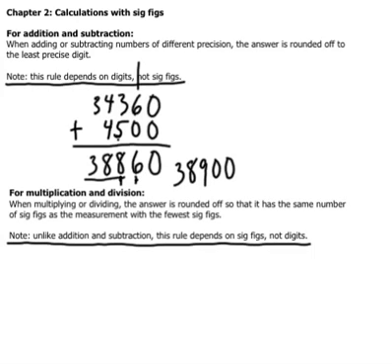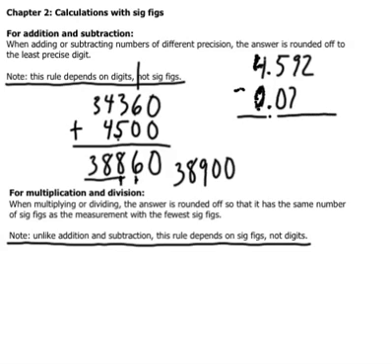For subtraction, here's one: 4.592. Again, line these up with the decimal points, and we're going to subtract minus 0.07. Okay. Now you have your decimal points lined up, and you end up with 4.522. Now in this case, the top number is precise to the thousandths place, and the bottom number is precise to the hundredths place, this 7 here in the hundredths place. So your final answer needs to be rounded to the hundredths place. This 2 right here is less than 5, so I'm not going to round this 2 up. So my final answer is going to be